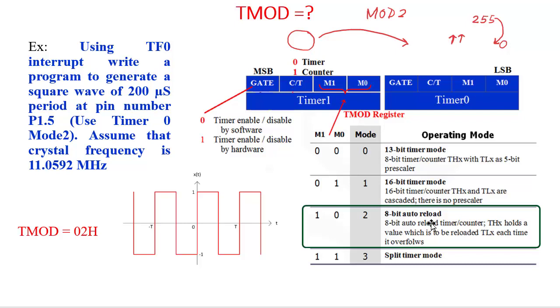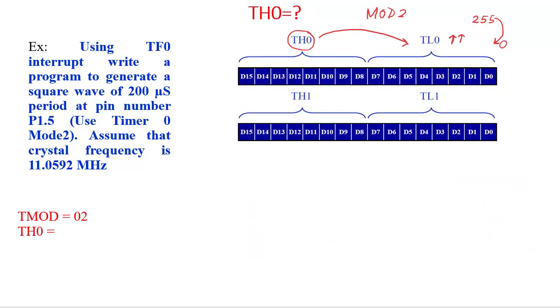See here it is written 8-bit auto reload operation. So we need to set the initial value at TH0. Again I am telling what will happen. When the timer runs, the initial value will automatically be loaded from TH0 to TL0. According to the clock pulse, the value of this TL0 will be incremented. When it reaches the maximum value, it will roll over to 0. When this value rolls over to 0, then timer flag 0 will be logic 1 and it will act as an interrupt.